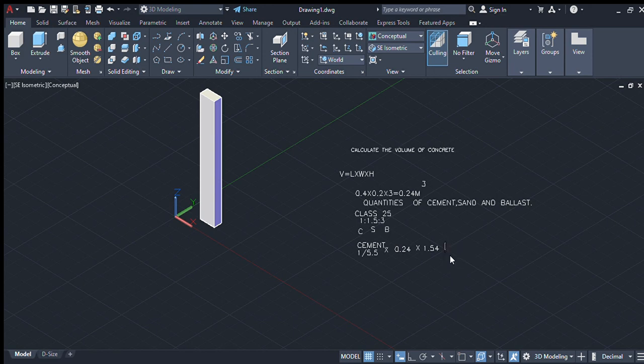There are some things we need to know by now, like the density of cement being 1440 kilograms per cubic meter. Then once you do your math, you'll get